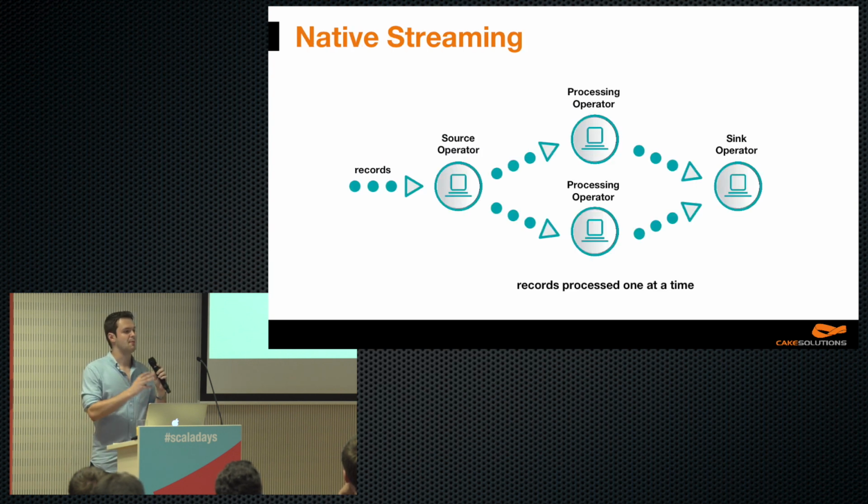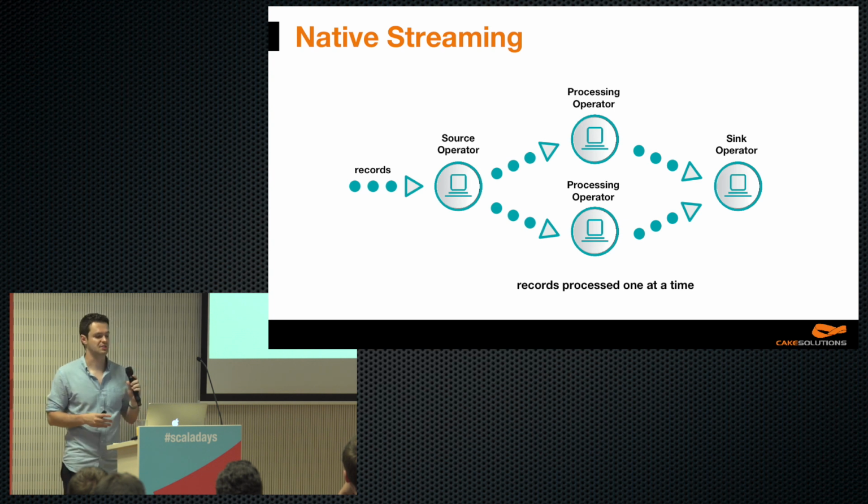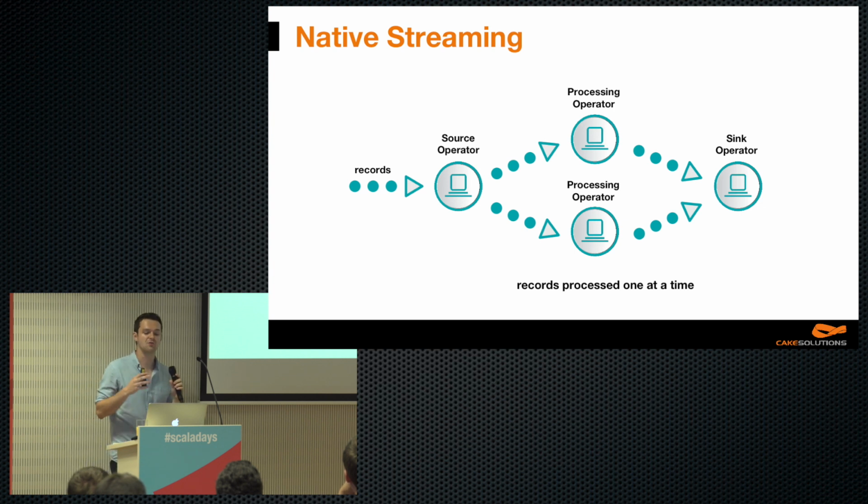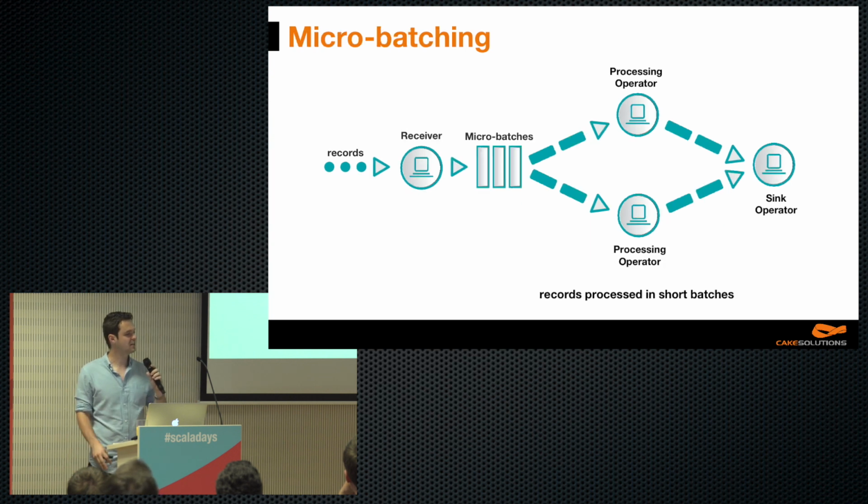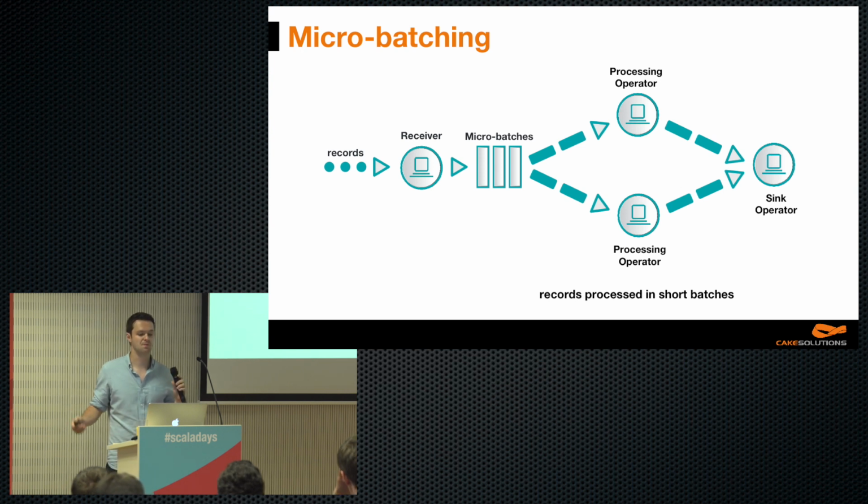There are two distinctive approaches to implementing a streaming system. The first one is native streaming. It means all incoming records, or events if you will, are processed as they arrive, one by one. The second approach is called micro-batching. Short batches are created from incoming records and go through the system. These batches are created according to a predefined time constant, typically every couple of seconds.